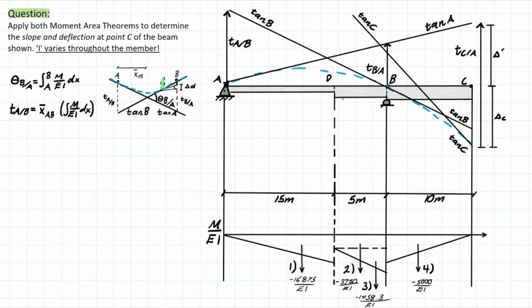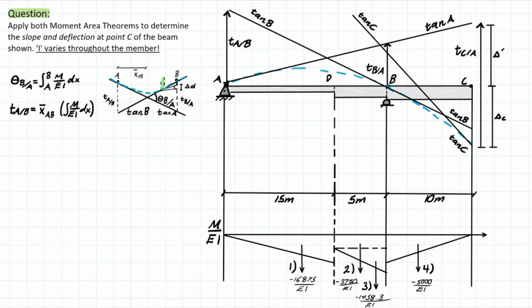So what is our problem asking for? It wants deflection and slope at point C. So let's try and solve for some unknowns at point C. So one that jumps out right away is this T C A. So what does that mean for us? It means that we're going to be solving for the tangent deviation from point C to point A, meaning that